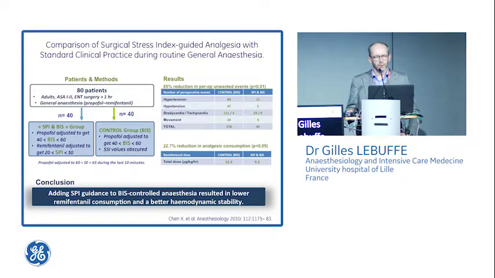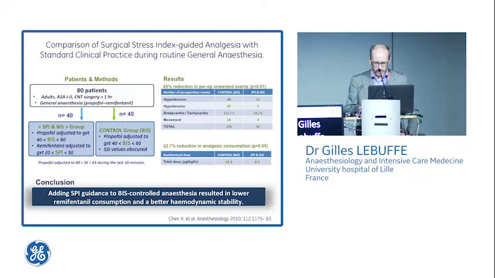And this sympathetic tone monitor is a surgical stress and analgesia index. So in this group, they associated the SPI and the bispectral index compared to bispectral index alone. And so you can see that the number of hypertension and hypotension episodes are significantly less in the study group. So what you have to think is that when you titrate your anesthesia, volatile anesthetic, opioid, so you reduce the